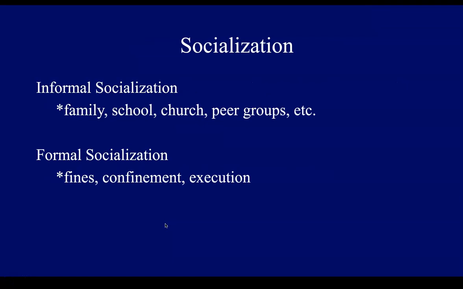Social control theory relies heavily on socialization, and this happens in two different ways. The first way is in the family, school, and church, as well as within other groups such as other types of peer groups. The second is more formal social sanctions that are usually from the criminal justice system, that could be in the form of fines, confinement, and in some cases actually death. So keep in mind that these theories are talking about how society forms a person's behavior.